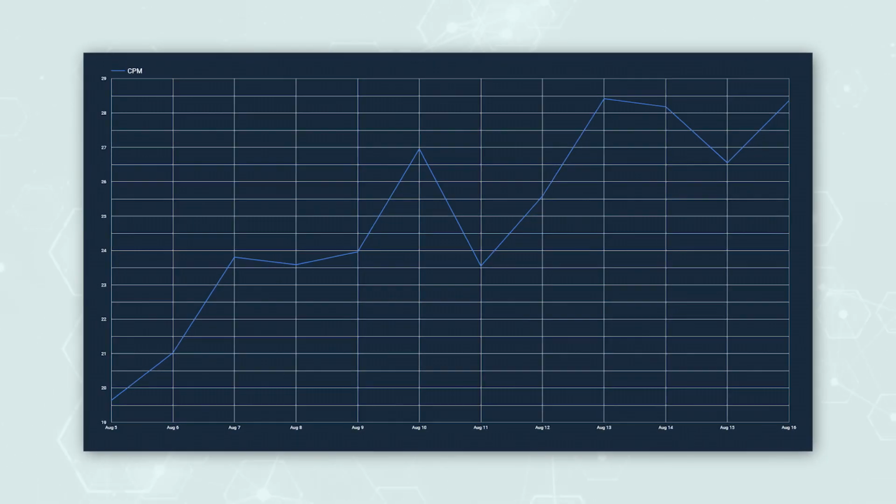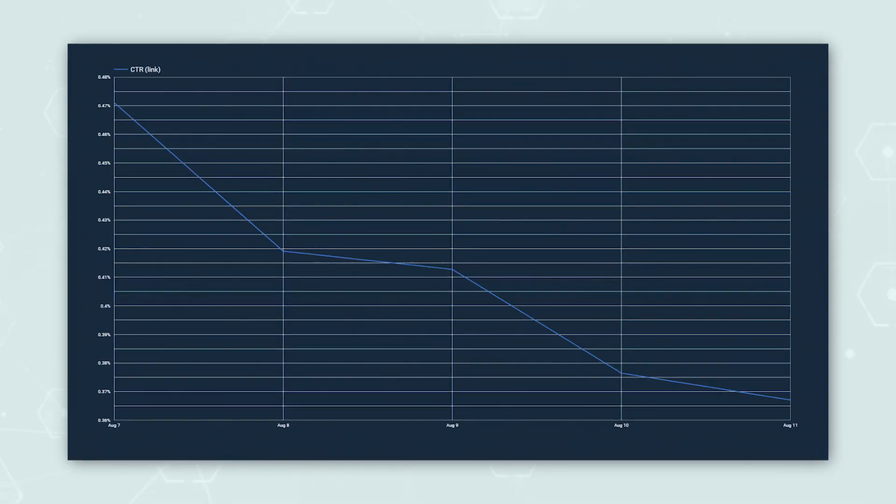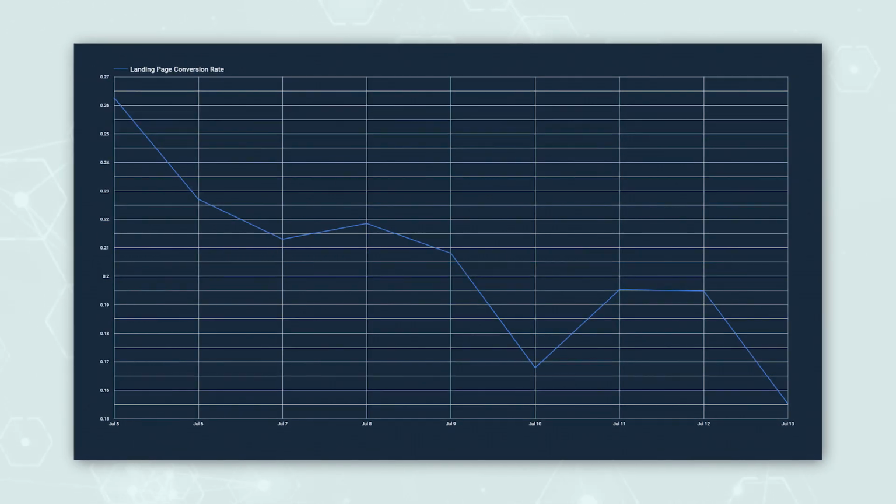So to answer that question of what's changed, look at your CPM, your link click-through rate, and your landing page conversion rate over the last 30 days. I like to bring that data up on charts so I can see the exact trend over that 30-day period. Either you'll see a rising CPM that correlates with your increasing lead costs and your lower return on ad spend, or you'll see a declining click-through rate or a declining landing page conversion rate, or it could be a combination. And if it's none of them, I'll talk about that later in the video as well.